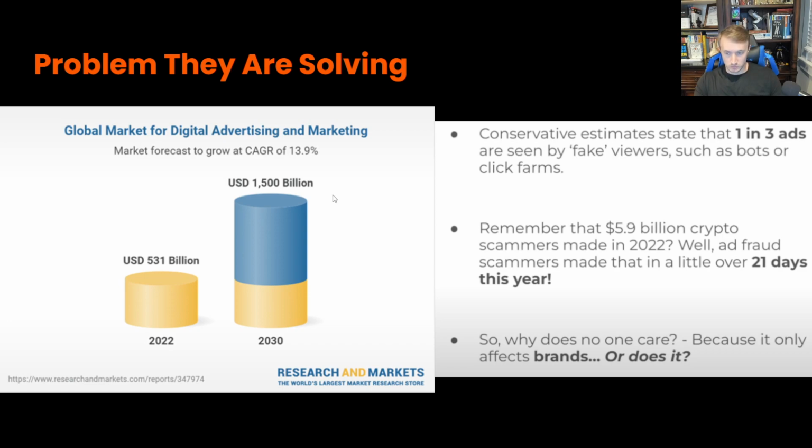That's a huge, huge amount of growth, and that will take it to about a 1.5 trillion dollar industry by 2030. So this is a big market, and Verasity is claiming that due to conservative estimates. So they're claiming that these estimates are conservative, but that 1 in 3 ads are seen by fake viewers like